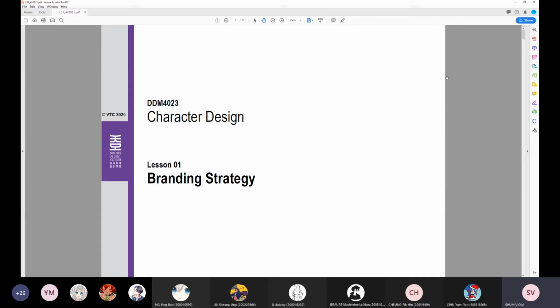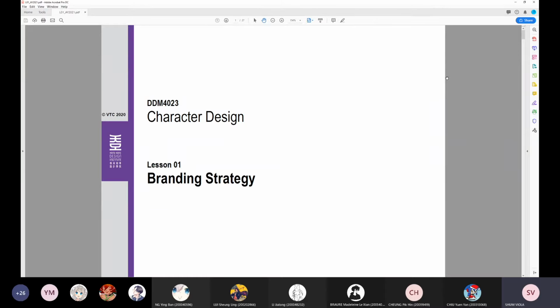It's not just about animation. Okay, actually, character design can apply in different aspects. For example, we can apply the character design on products. We can apply the character design on some shopping mall for some event. Okay, and actually we can apply the character into some toy design, which can be a very good market,